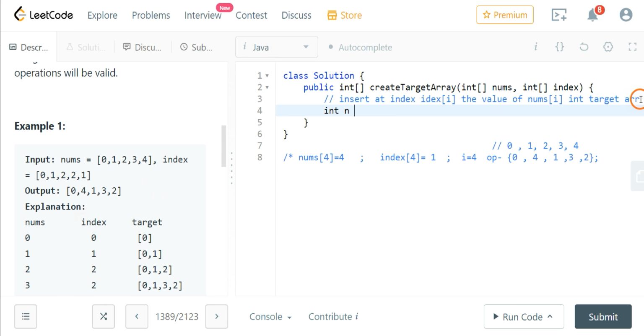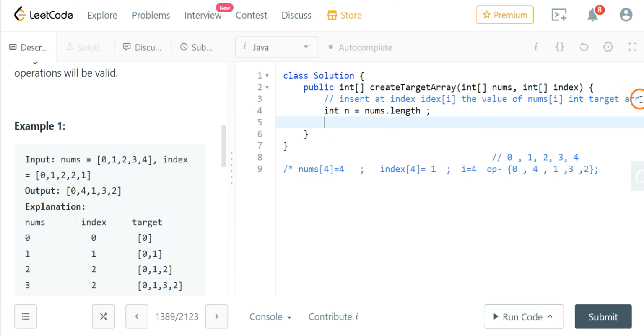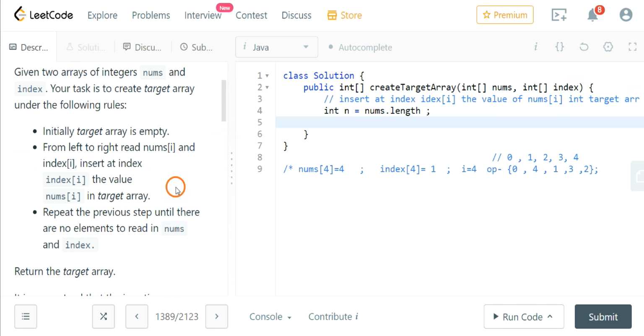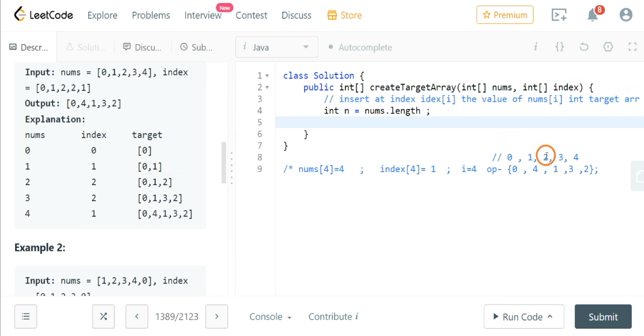First of all, int n. After that, I'll use the array list to make this question easy. Otherwise, this shifting part is really difficult to code. Let's see the array list solution.